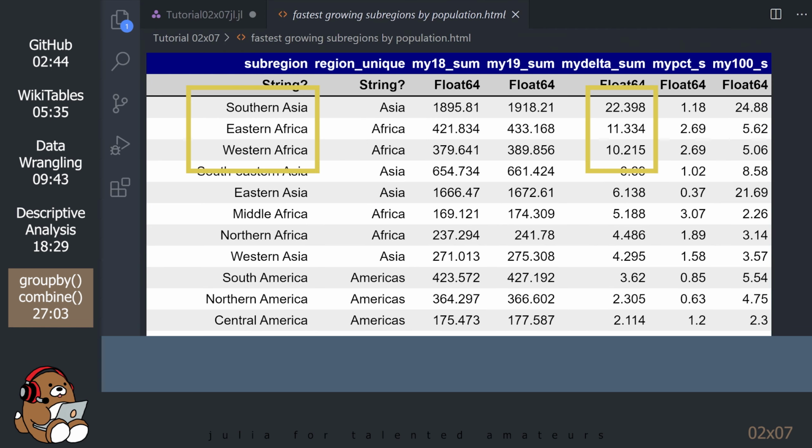So the fastest growing subregions by population in 2019 were Southern Asia, Eastern Africa, and Western Africa, with a combined population growth of 44 million people.